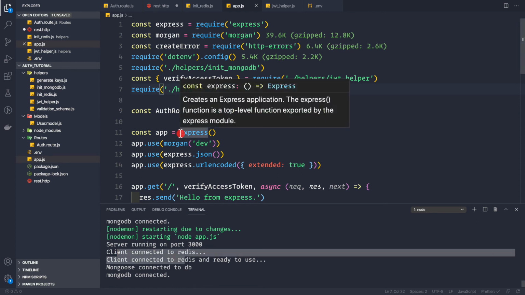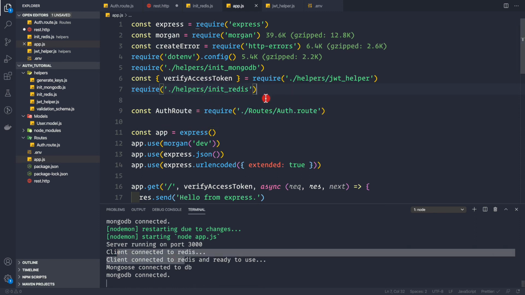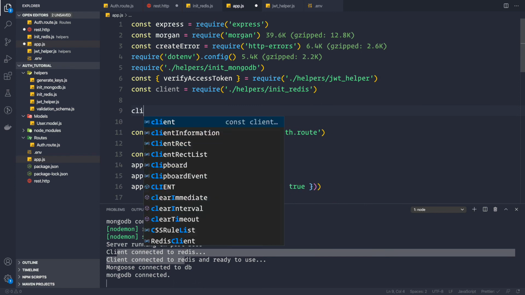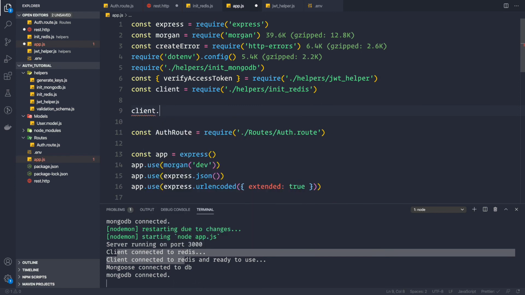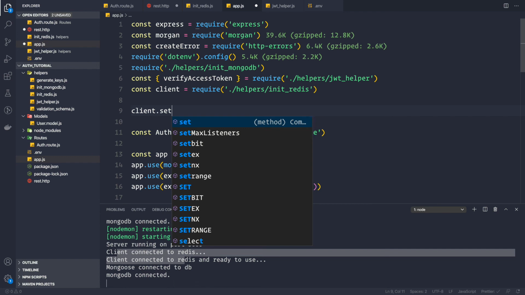So now we can use this client. Let me show you here itself how we use this client. Instead of simply requiring it here, we can say const client equal to require the init_redis file here, and then we can simply say client.SET, and if you want you can use this in uppercase.